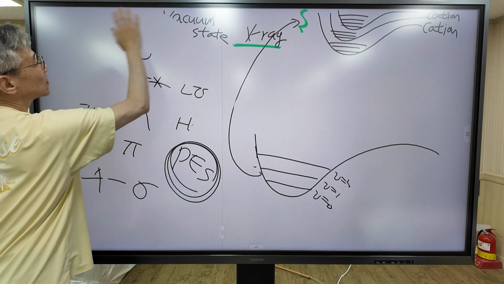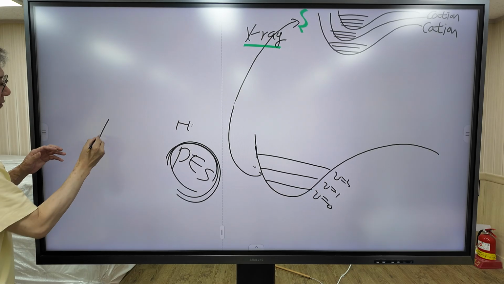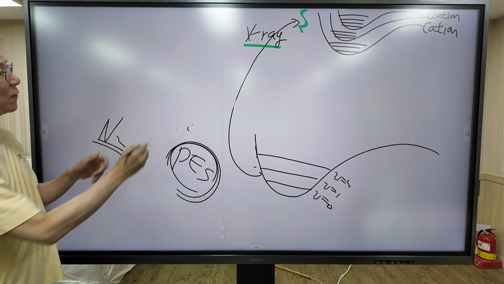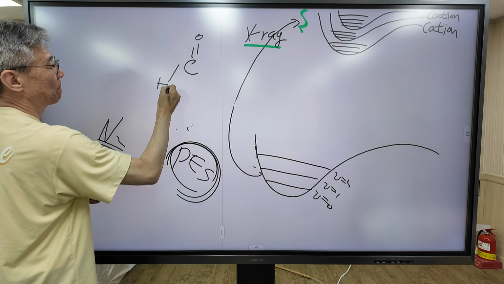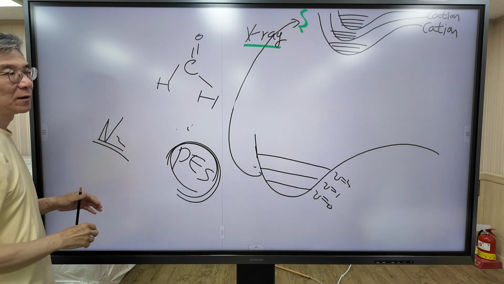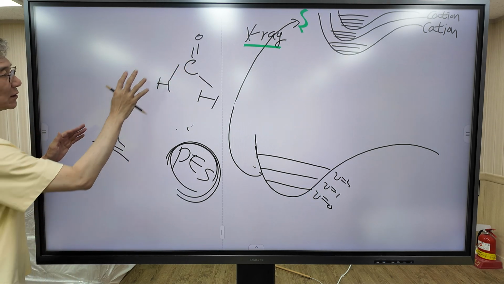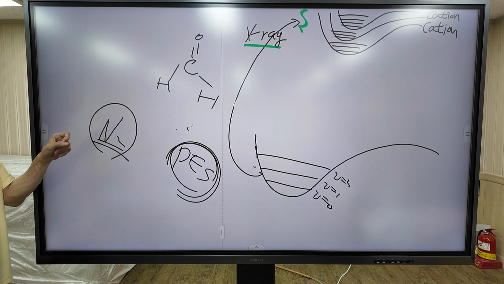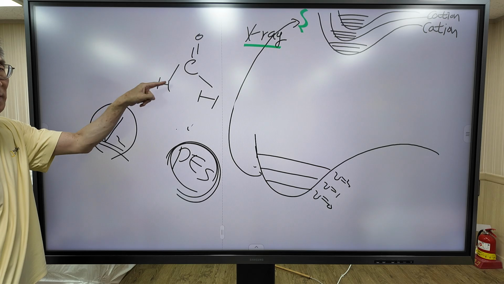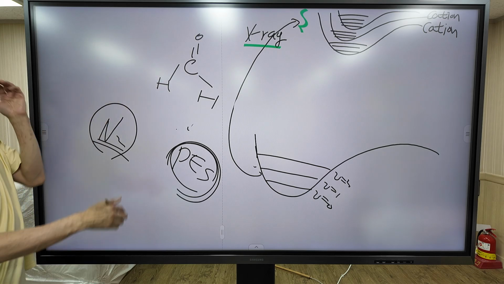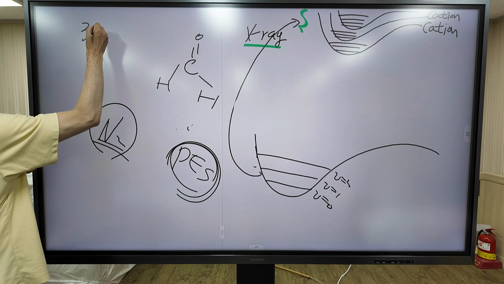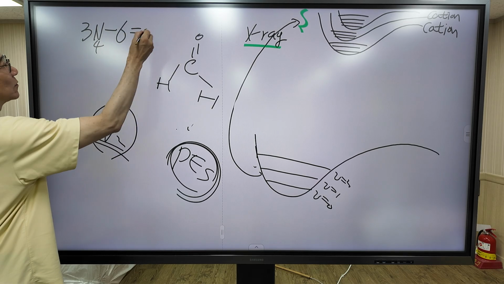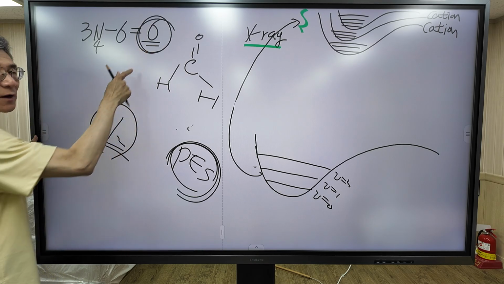We already ran photoelectron spectroscopy of nitrogen. Today's topic is photoelectron spectroscopy of formaldehyde. The big difference between this molecule and this molecule is that in this molecule there is only one vibrational stretching. But how many vibrational modes does this molecule have? According to the textbook, the number of vibrational modes is 3n minus 6. The number of atoms is 4, so we have a total of 6 vibrational modes.